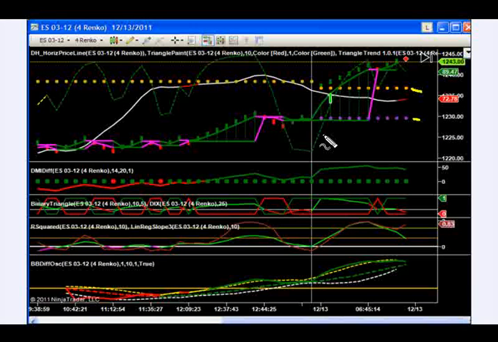The swing cycle VB was green, was moving up, and was just about to cross the variable band right here when I entered this trade. It was already in an up triangle. The DMI had moved up, was green, and the linear regression slope and R square were both moving up and both crossing